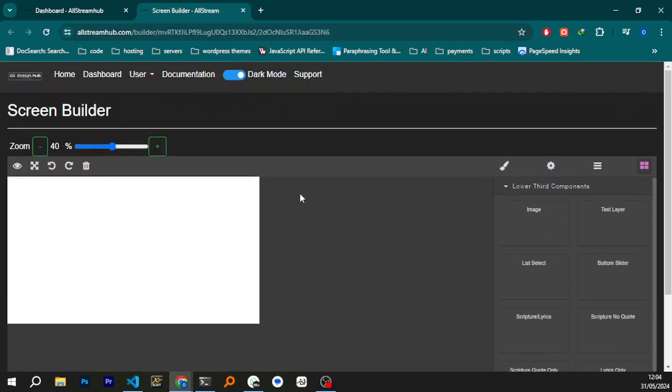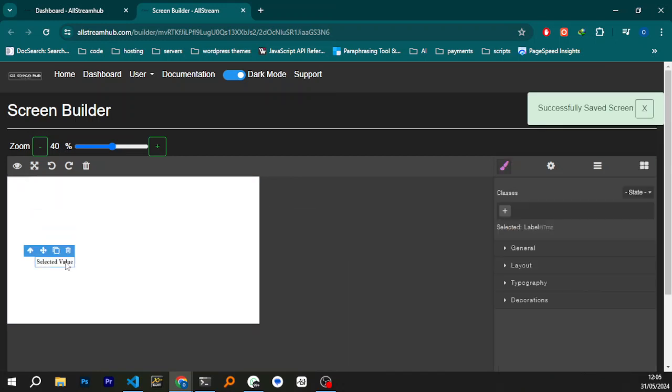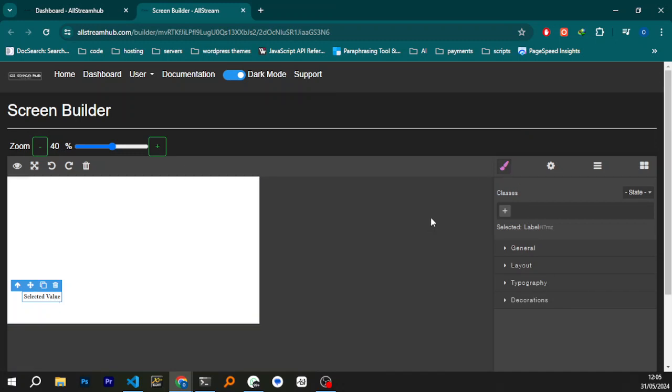But here we are, and this is the new item added, list select. Of course, you know the old ones, image, text, layer, button, and the rest, but list select is here. So once you just drag it in, here it is. No fancy designs, that is up to you, but just for this, let me do a few designs. So you click on the item. There are many things you can do, but